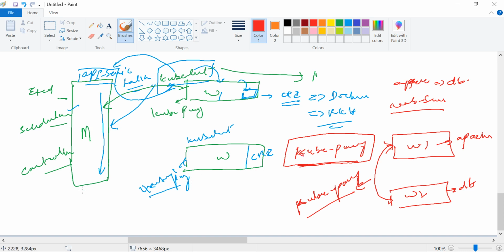We can also deploy Weave, Flannel, or Calico. These are also networking plugins where we deploy one container of Flannel, and they communicate with each other via this container service.